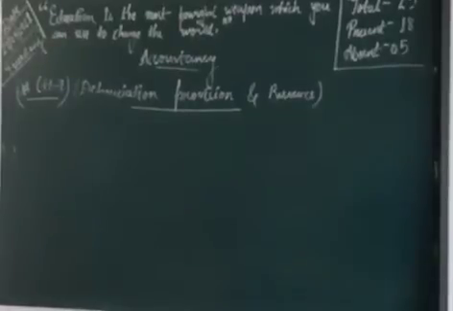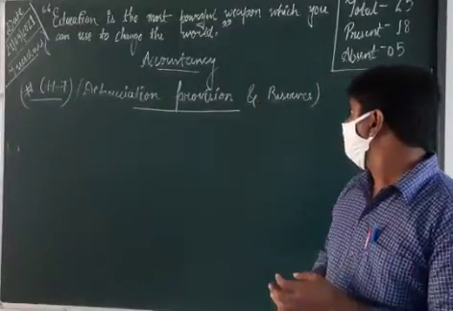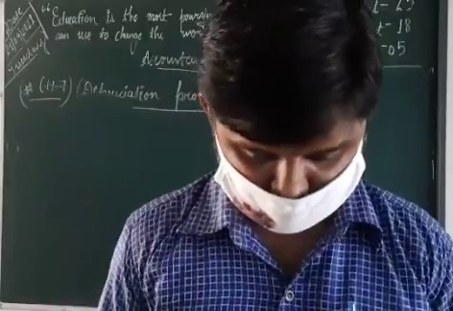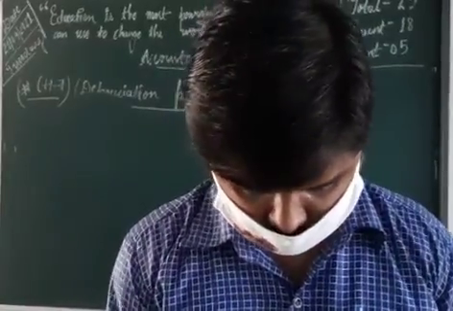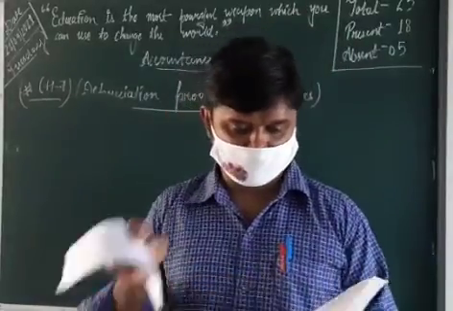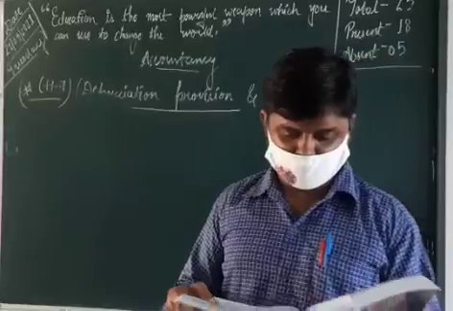Today we are going to see accountancy chapter 7, depreciation, provision and reserves. This is video number 18 and we are going to solve one numerical question. This question has two parts, or two ways we need to solve.